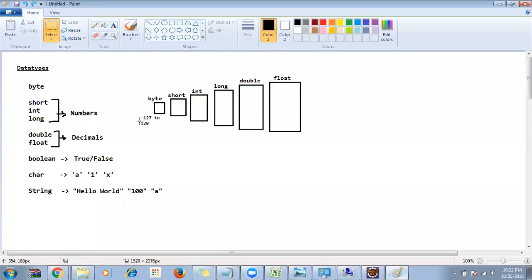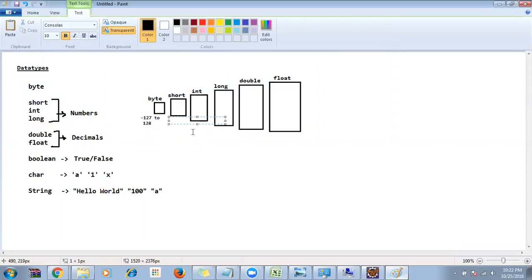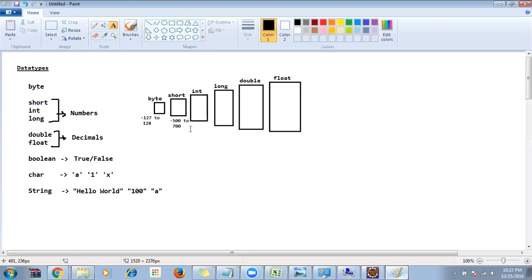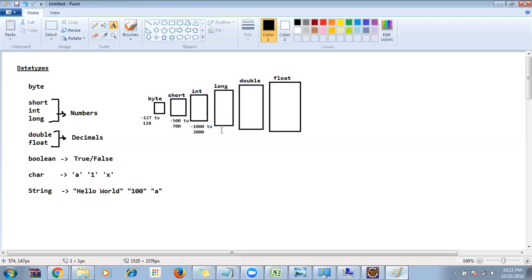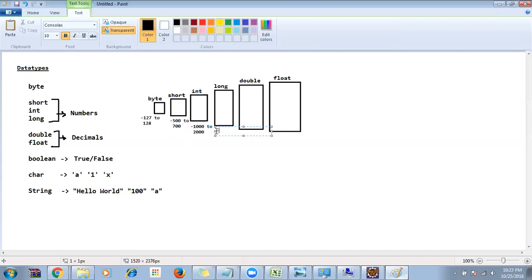The same thing. Short can store values from minus... Okay, the numbers I'm going to give you are just for understanding purposes only, not the perfect numbers. It can store values from minus 500 to 700. Integer can store values from minus 1000 to 2000. Long can store values from minus 5000 to